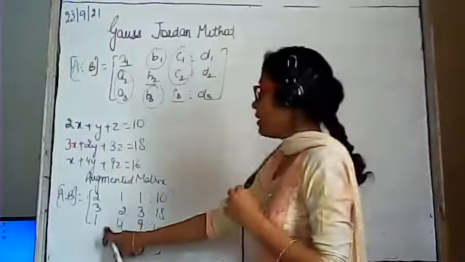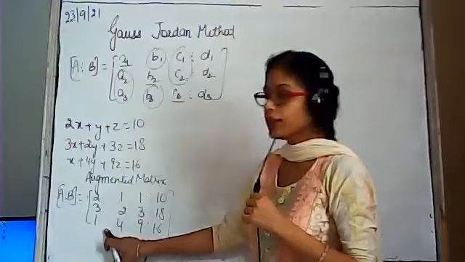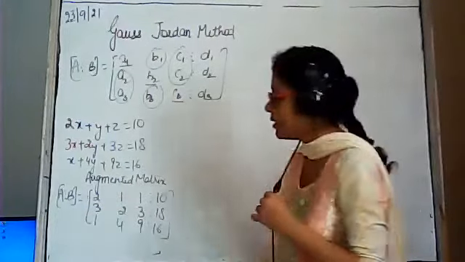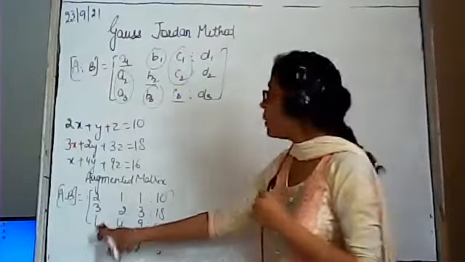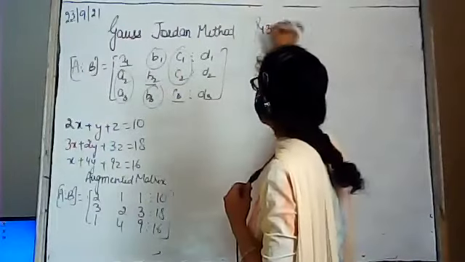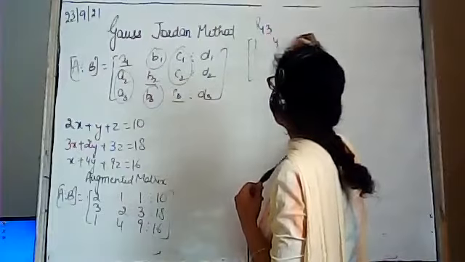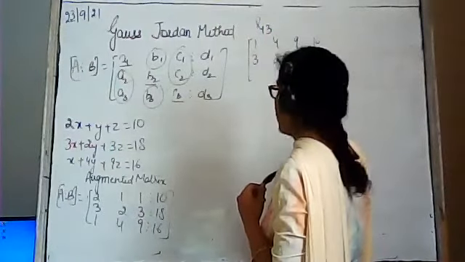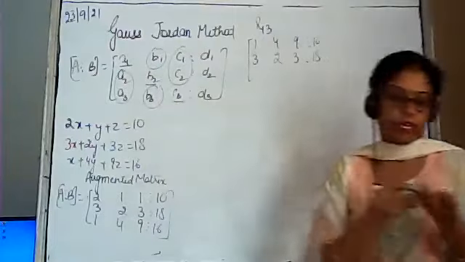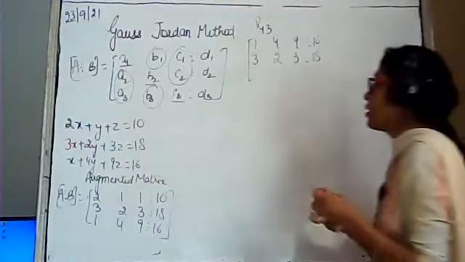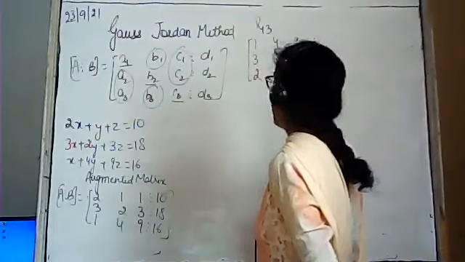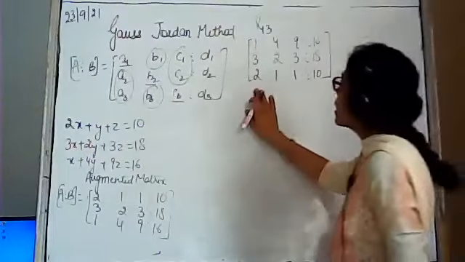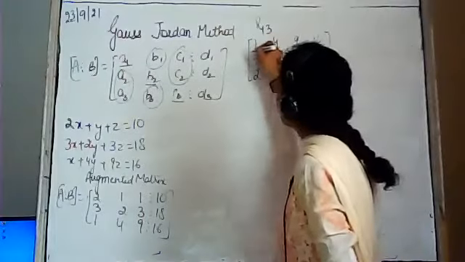Now see beta. First of all, again the same procedure. अगर आपको यहाँ पे कहीं पे 1 दिखता है तो इंटरचेंज कर लो, नहीं दिखता है तो let it be as it is. We are having 1 in the third row, so interchange row 1 and 3. We will get 1, 4, 9, 16, 3, 2, 3, and 18. Similarly, we are having 2, 1, 1, and 10. ठीक है?